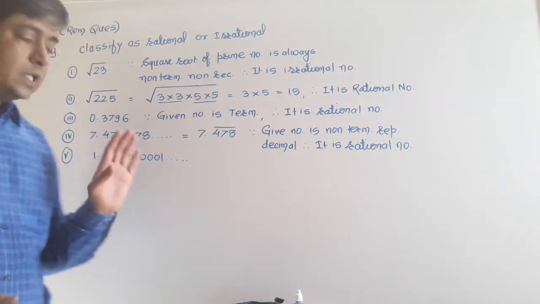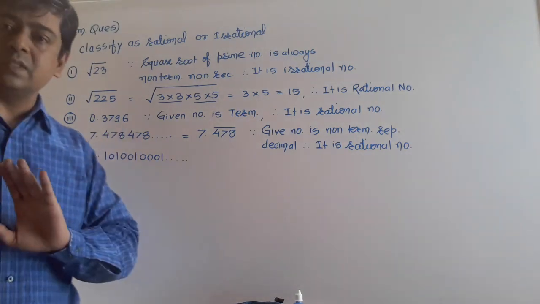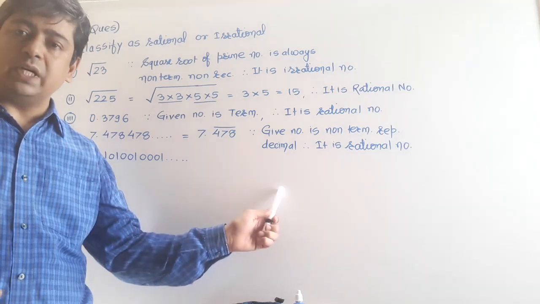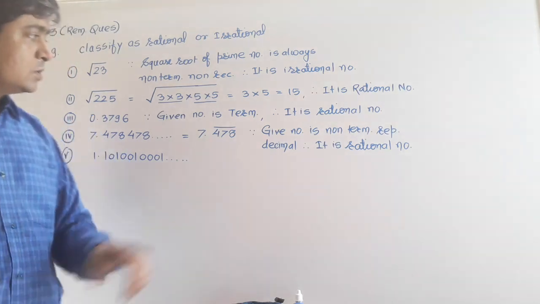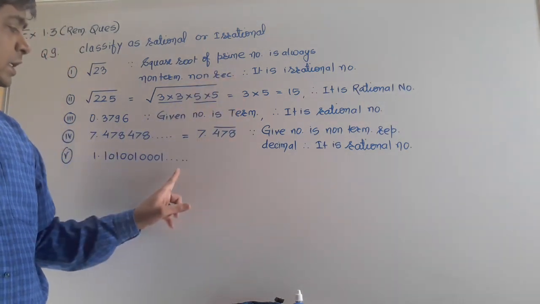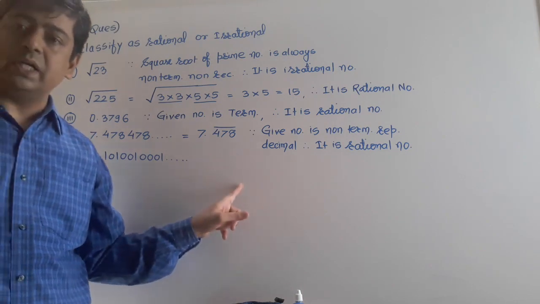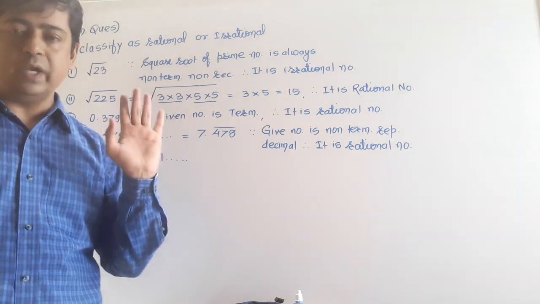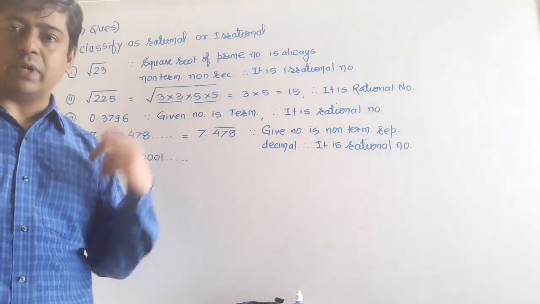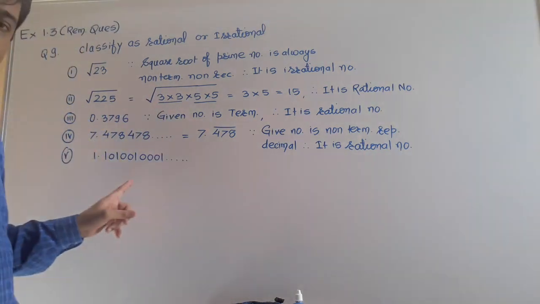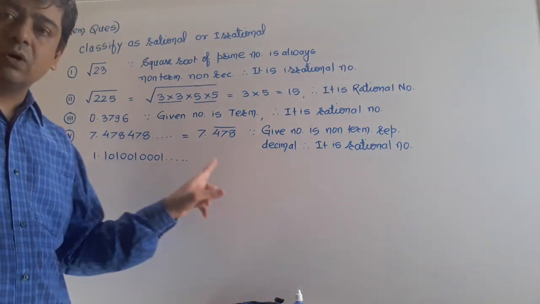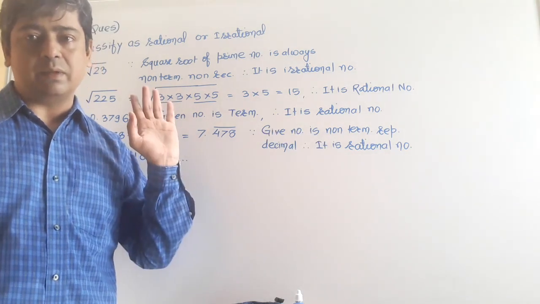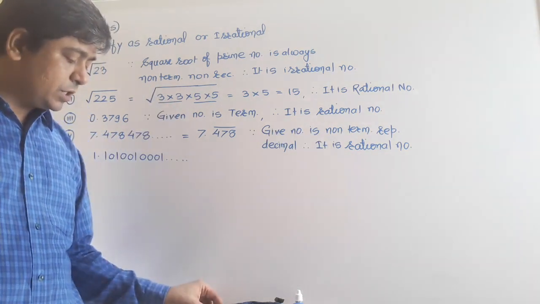So this kind of decimal, where the pattern is not uniform, we can say is also a non-terminating, non-repeating decimal. So we can write that the given number is a non-terminating, non-repeating decimal, hence it is an irrational number. Okay, so the last answer I hope you can write on your own. What will you write? Since the given number is a non-terminating, non-repeating decimal, therefore it is an irrational number. Let us see the next question if it is there.